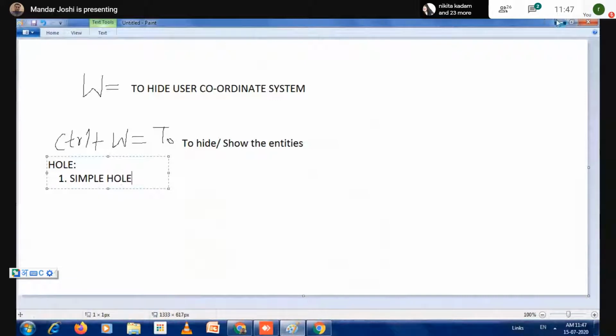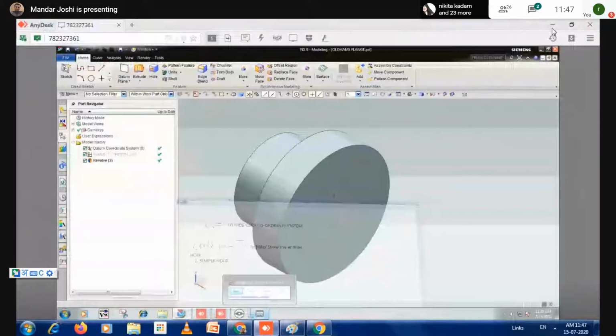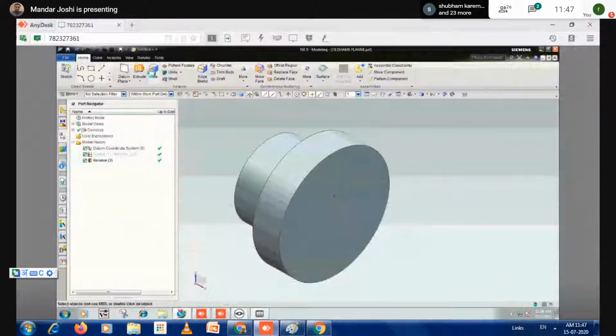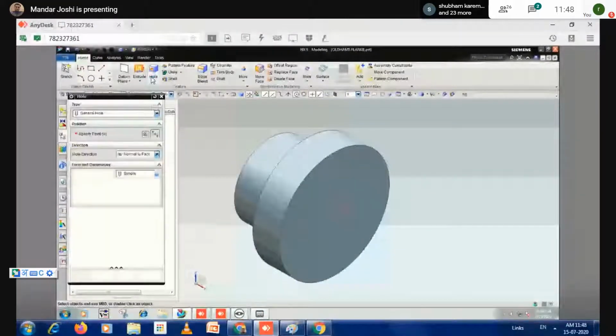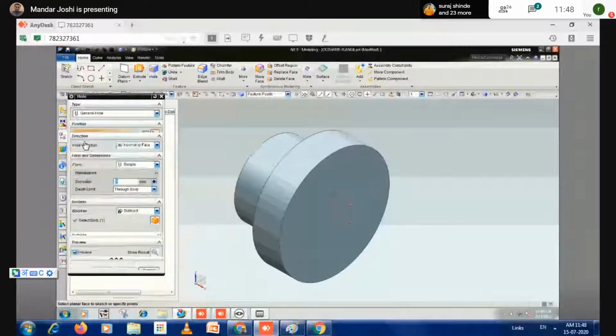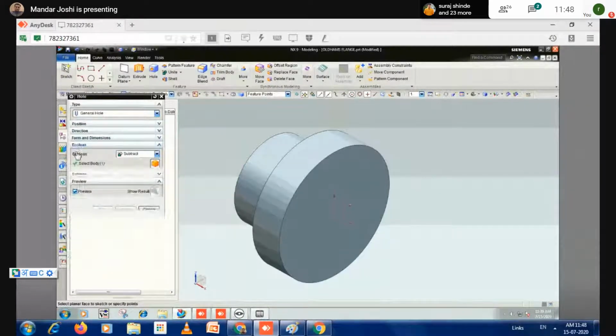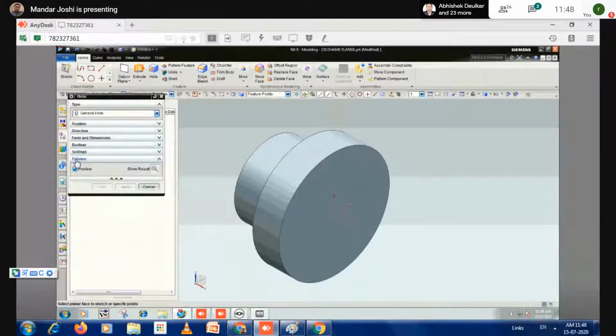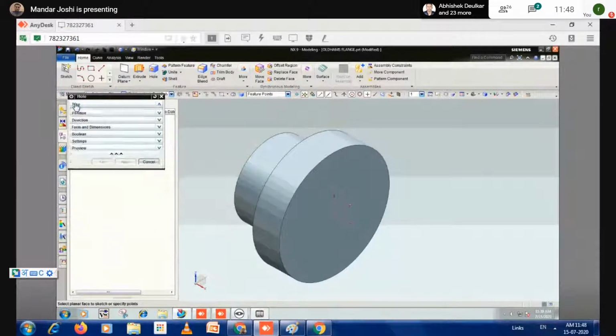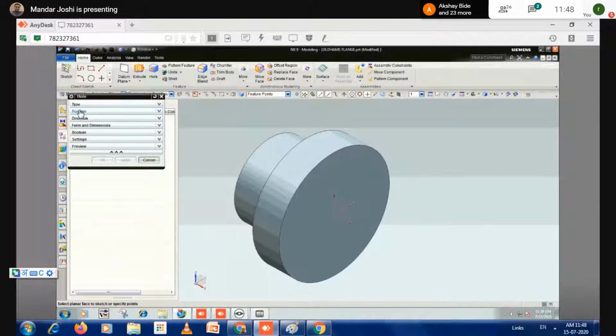So I'm selecting that hole feature, and these are the different steps to operate the hole. I'll discuss them one by one. In this hole application, there are 7 steps.